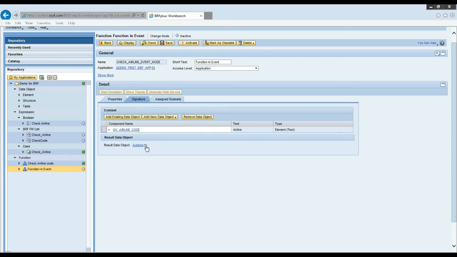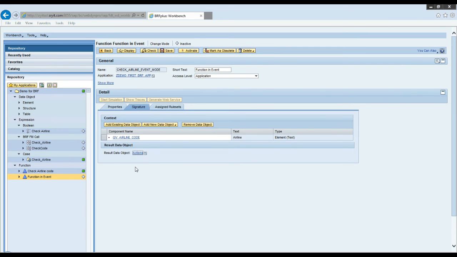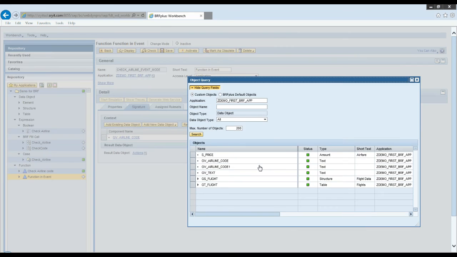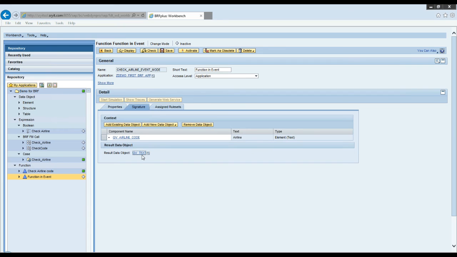And I will output the same value, GV text. So I will select GV text here. That's my returning value.